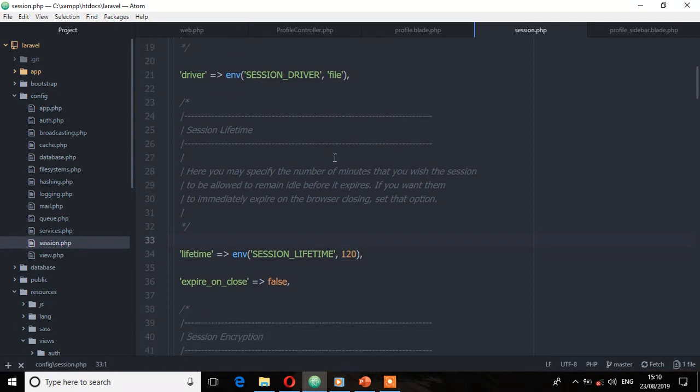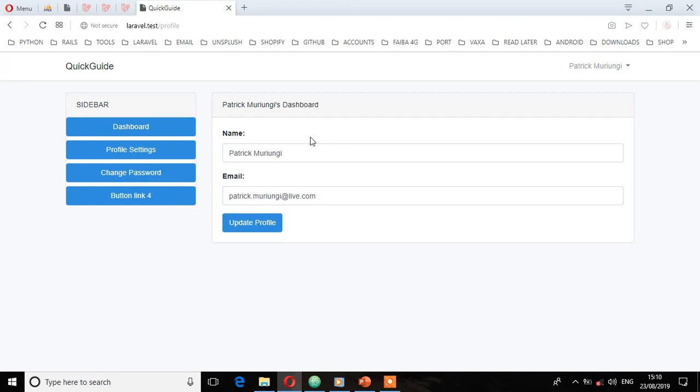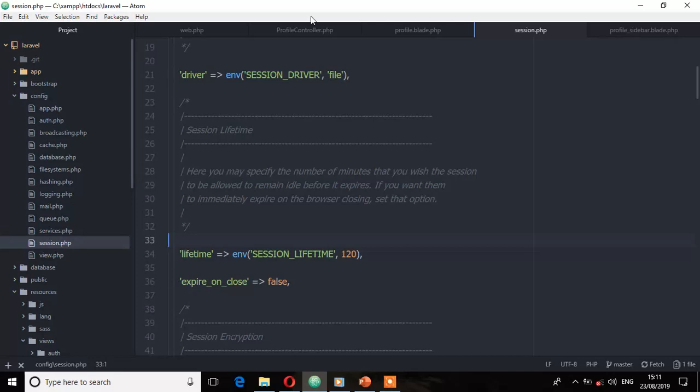Now, the reason we're using sessions is because all HTTP-driven applications are stateless. When a user updates their profile, there's no feedback to alert them that they have updated their profile. So we need a message to display to the user to alert them that they have updated their profile successfully. That's why we're going to be using sessions, by storing those messages on the session. Now let's go to the profile controller,